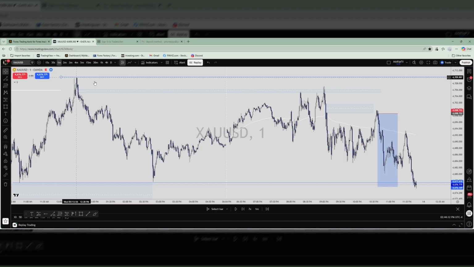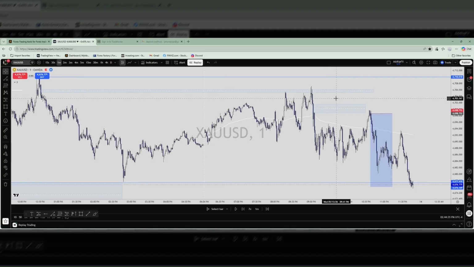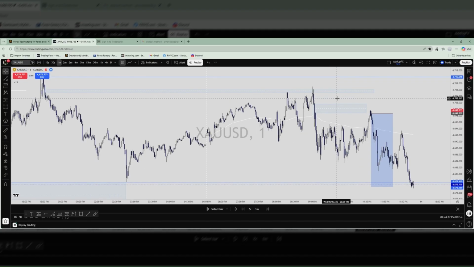So even this would probably be the best entry. And even this entry, it ran down, made it look like it's about to do something. Psych. You know what I'm saying? Big psych. And if you're watching it, you might say, F it, get out. Or when it came down here, you put it at break even. Now you got sniped out. You know what I'm saying? And gold and liquidity are best friends. That's just a fact.